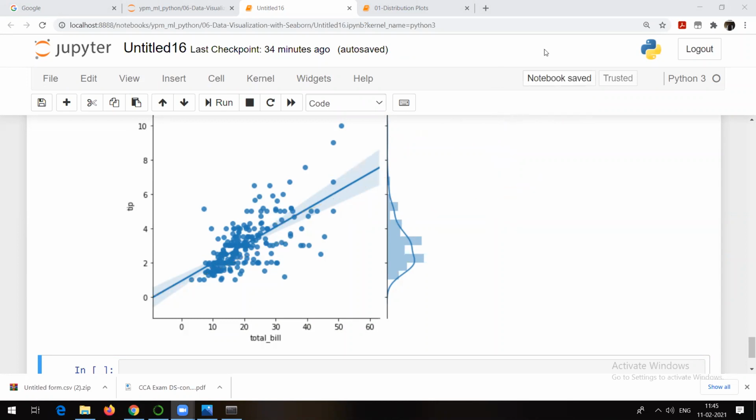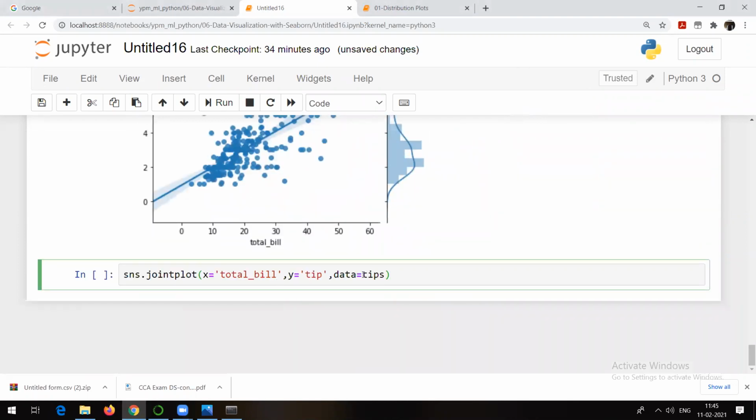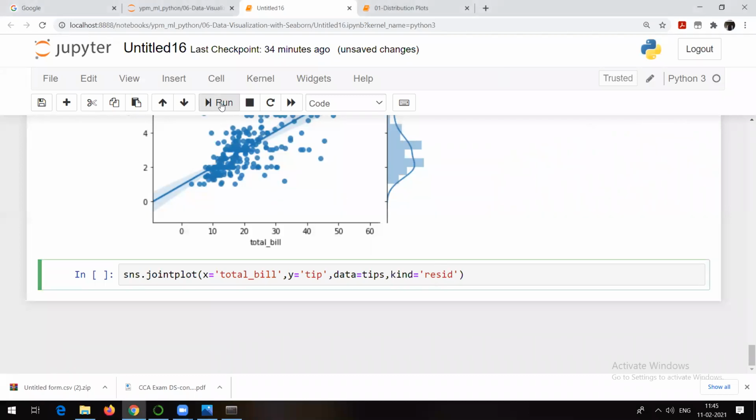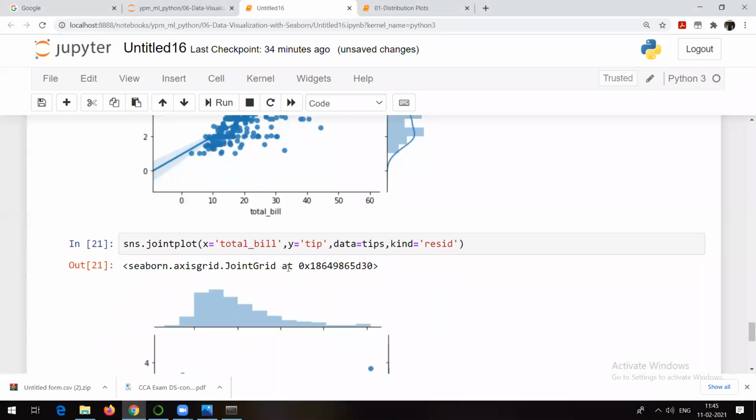And similarly, we have one more plot, and that is nothing but residual. Again, we will be talking about the residual term in the regression algorithm itself. So RESID. But always remember, residual means error. Residual is nothing but error. Remember this. For now, if you have seen this particular word for the first time, just remember that residual is nothing but error. Otherwise, if you are already aware of it, no problem. So yes, it's also going to show me something similar, but it will be about error.